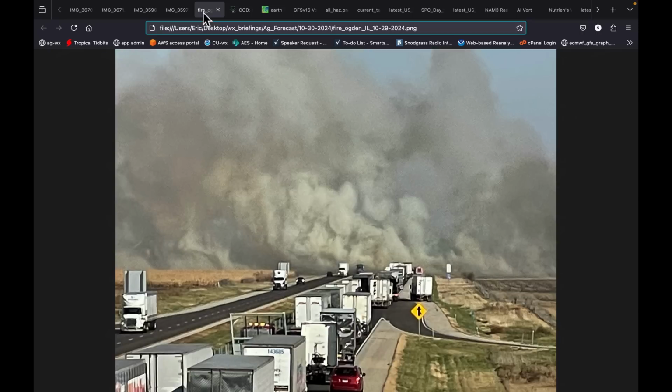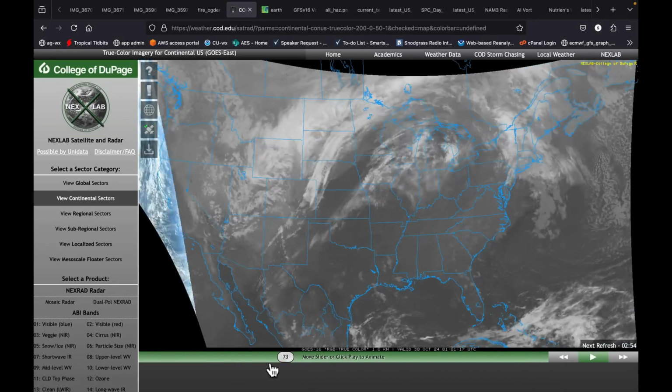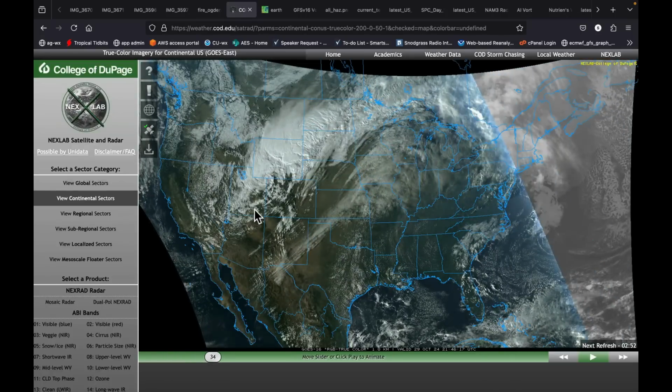this was a fire near Champaign, Illinois, a field fire. And as soon as I got back to the surface, I began to pull up images because I wanted to know if I could see this on satellite. So this is the sun rising early this morning here, but I'm going to take you back to yesterday. And we knew that as this system, right, we've been talking about this one for a long time, was going to come out, that there would be some incredibly strong winds out ahead of it.